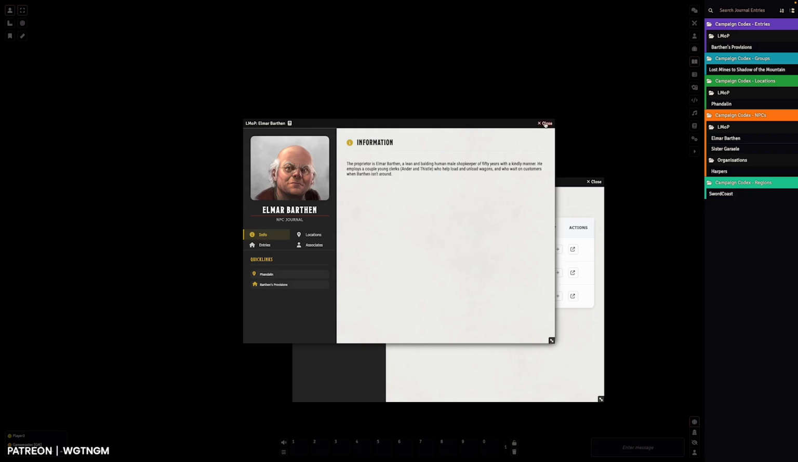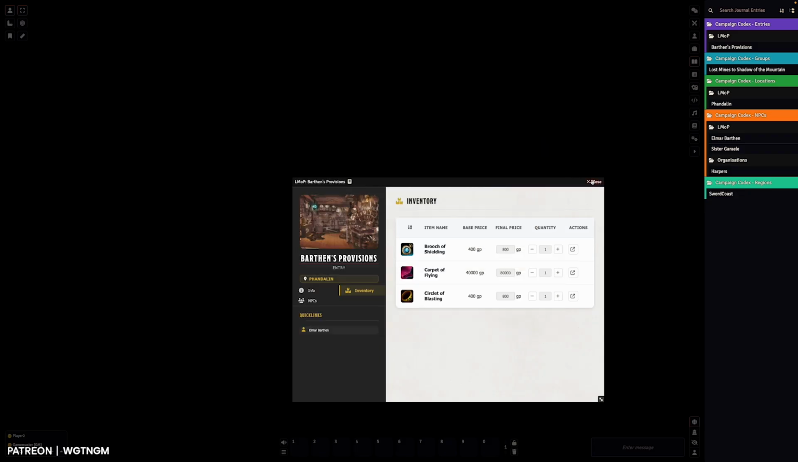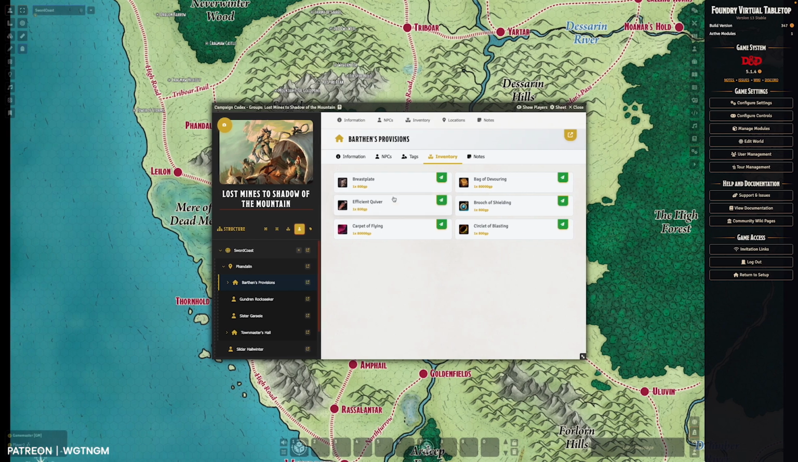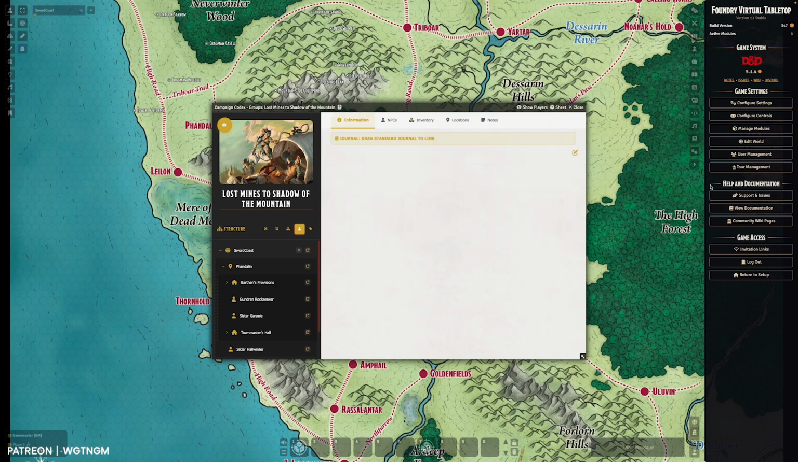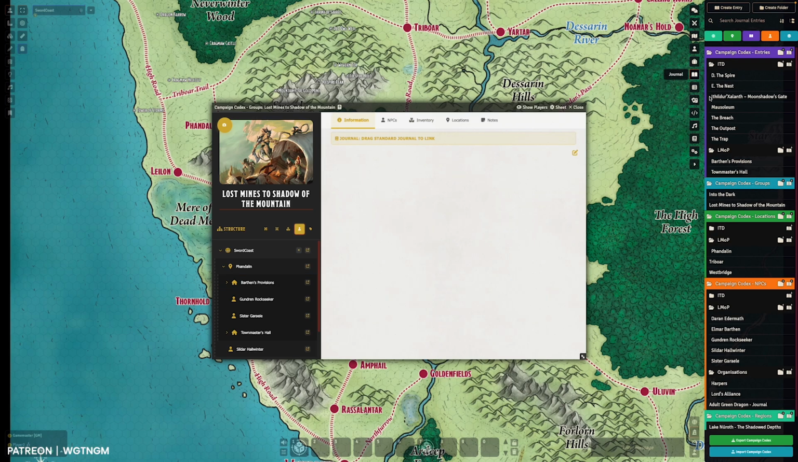So there's been a huge update to the UI, huge update to the back end. It's a lot more efficient in populating these cards. I've got plans to add multiple journals to the sheets,